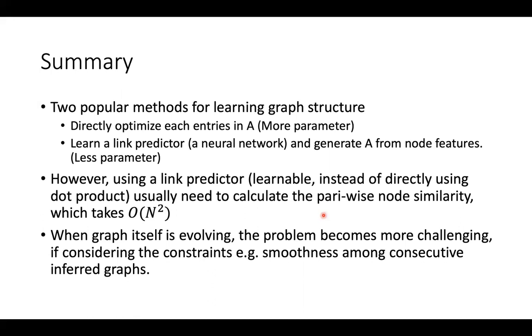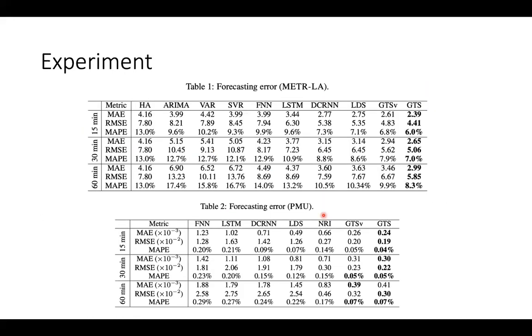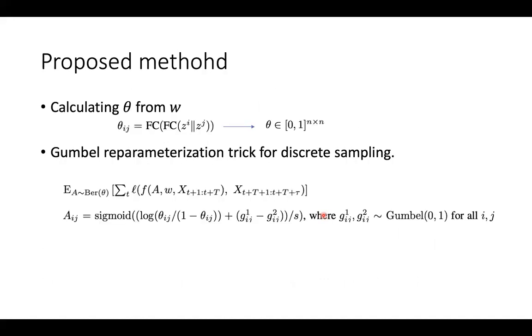And also related to the second item here, it's indeed very expensive to really calculate the pairwise node similarity. In other words, theta ij is a function of Zi and Zj, but we still need to go through every pair. But then if we look at the formula here,